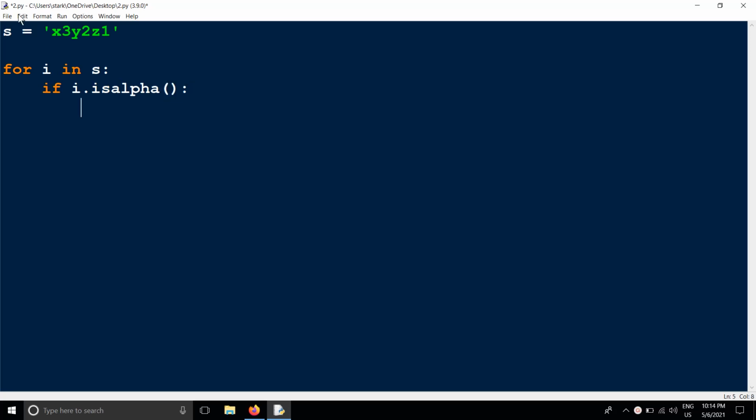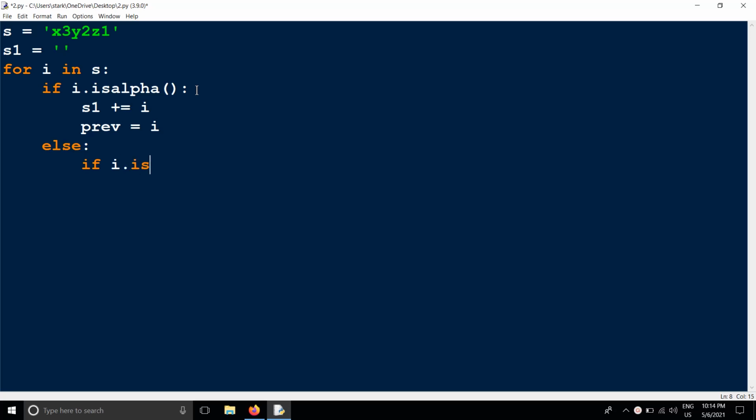If it is alphabetical, I'm going to take s1 is equal to an empty string, s1 is equal to s1 plus i, and then I'm taking one variable, previous is equal to i. Or else, if it is not alphabetical, I'm going to take another if condition.